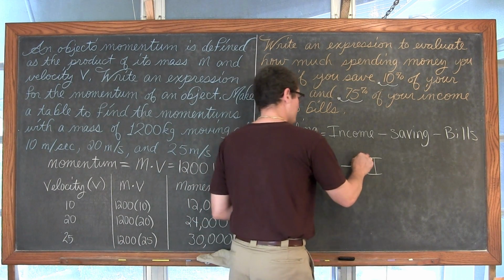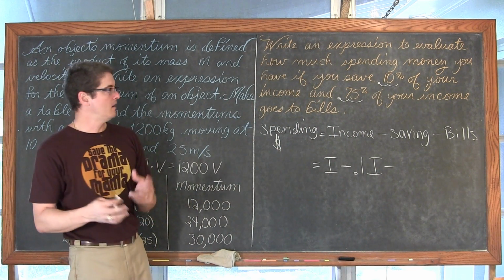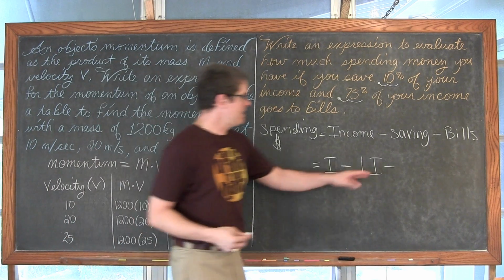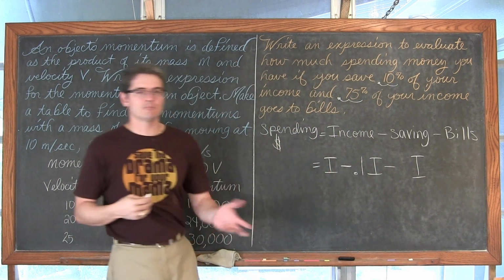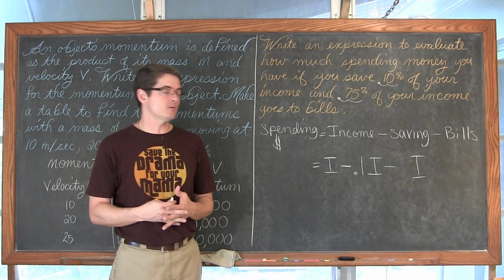Then we're going to, from our income, subtract out the big part of where our money is going, which is the bills. So we're going to take, again, that income, and we have it figured out from looking at past months or whatever, that about 75% of our money goes to bills.